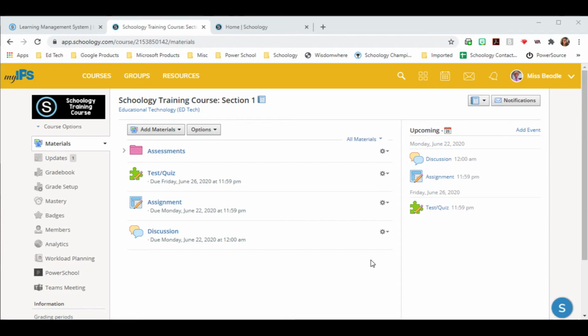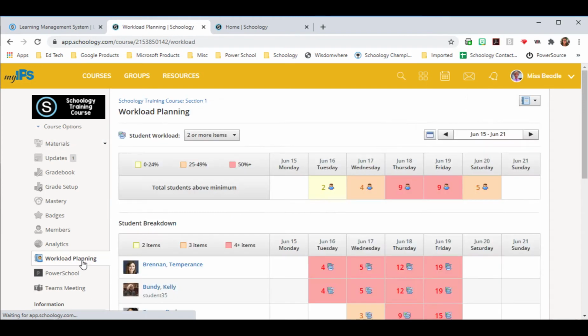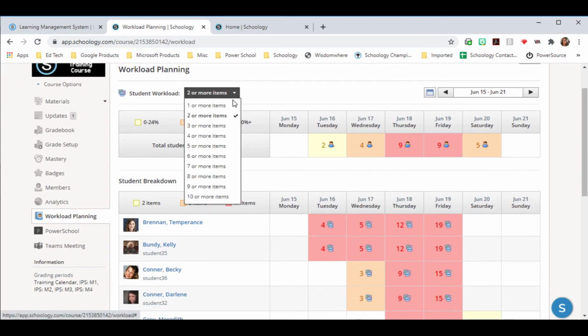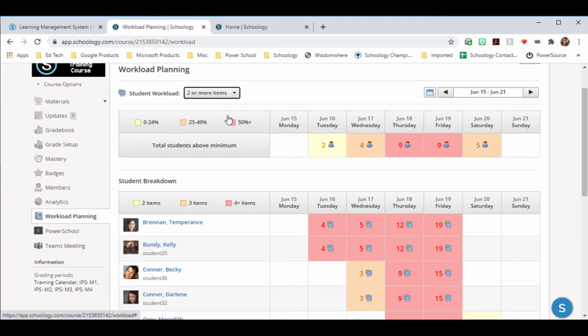Workload planning is another tool that you might find useful. In this section of Schoology, you'll be able to see how many assignments your students have due on any given day. You'll notice here I've marked the threshold at 2. So if they're within the threshold or within 0 to 24% above, it's going to be the lighter color. 25 to 49%, it'll be the orange,